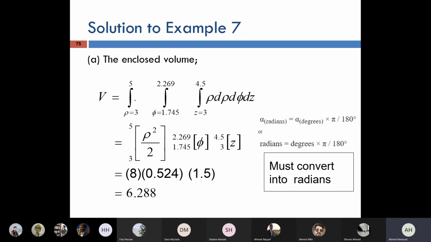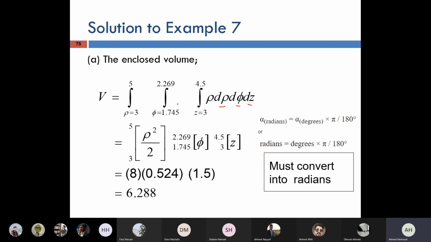Excuse me, guys. So we have three integrations, right? First integration is based on phi, the second integration is based on phi, and the third integration is based on z. I believe all of you know how to do the integrations part. You can see this one is easy to do, right? Which we have to change